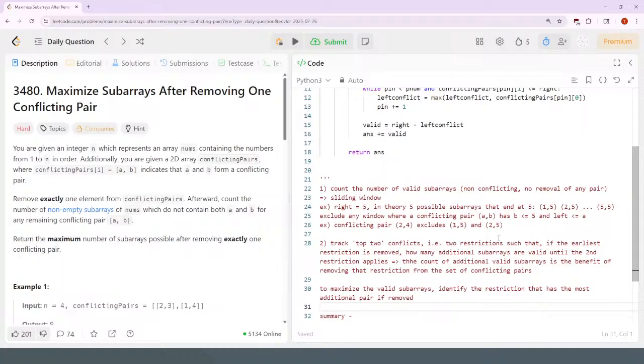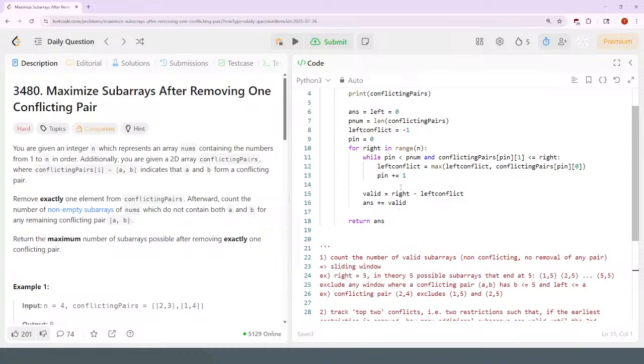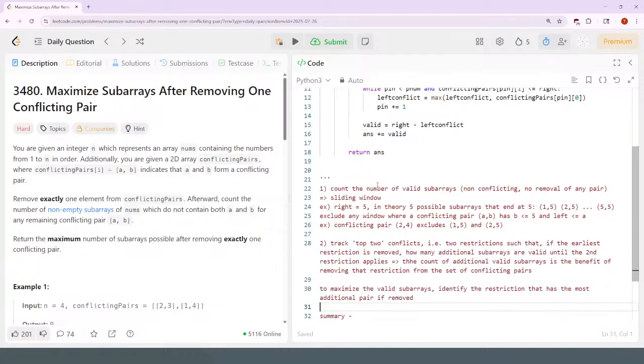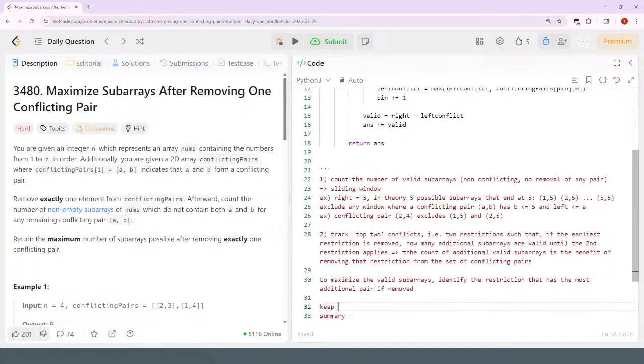Yeah, so I think what I can do here is, so I think I need to keep a heap, where the heap is just a size 2 heap. Keeps size 2 heap of kind of the most restrictive, the 2 most restrictive conflicts,